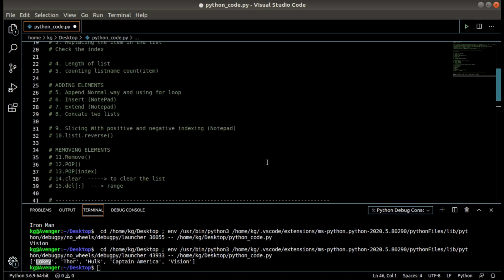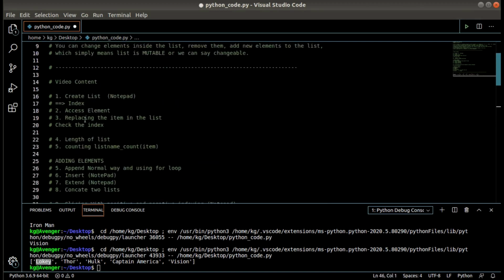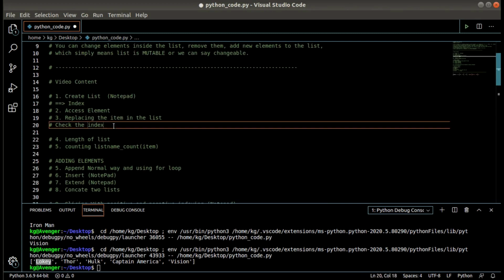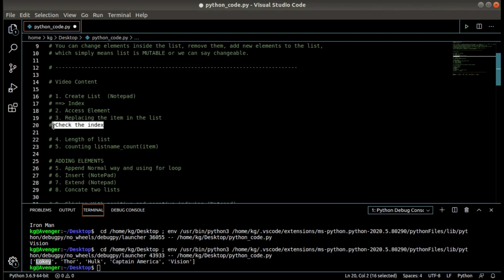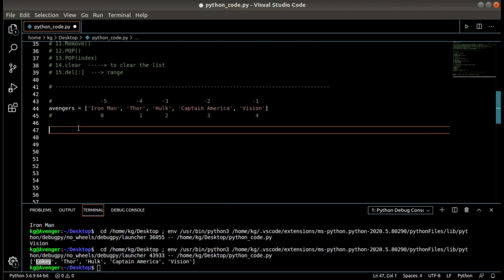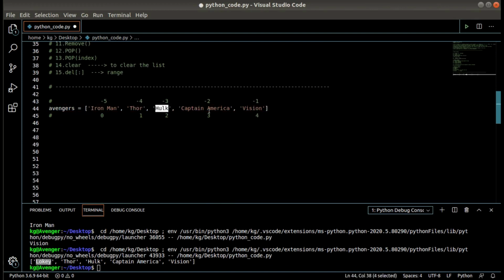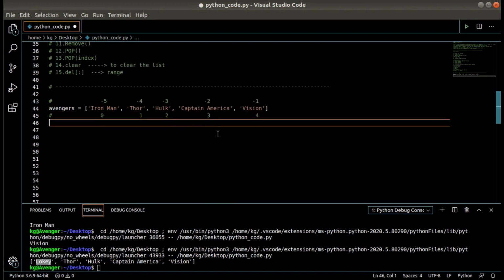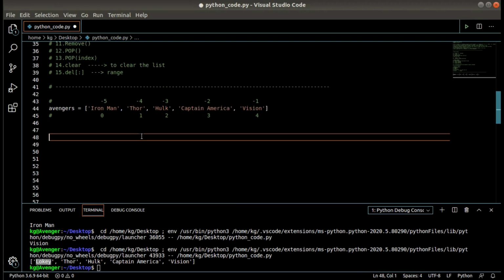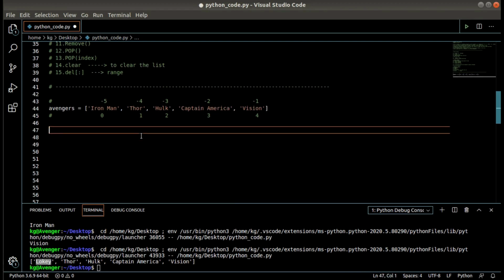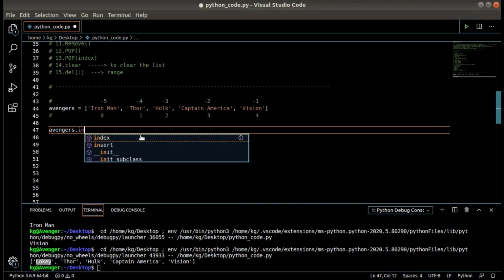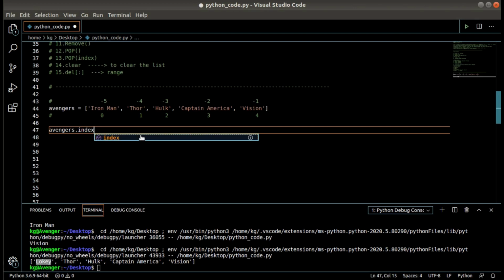Okay, moving ahead. Replacing the item, that is done. Accessing the elements, that is done. Checking the index. Okay, so now we have an item, suppose Hulk or Captain America. We want to check at what index the item is present. So what we can do, we can simply write Avengers, that is the list name, dot index.